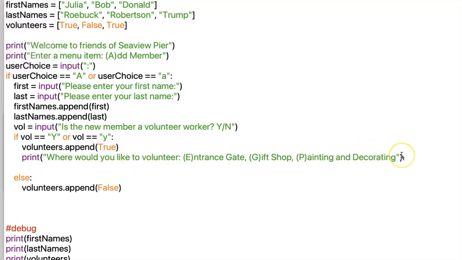So we're going to get that input. I'm just going to call it area, and we're going to get that as an input of text. I'm just going to put a colon as a prompt. So that enter an E, a G, or a P. Now, this is where we could actually say,